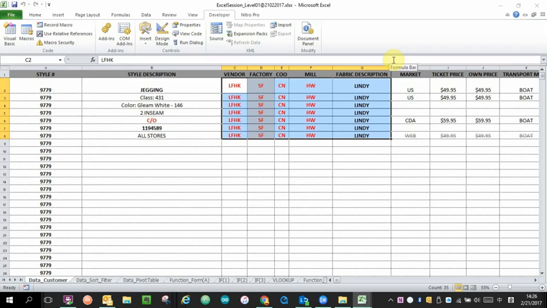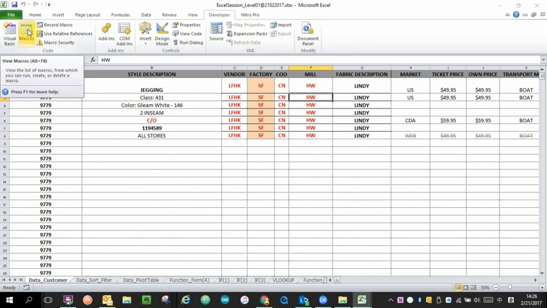For example, after you record this, what next? If you really want to develop your own macro, most of the time, for those routine tasks, I will simply record it. And then after that, just go to the